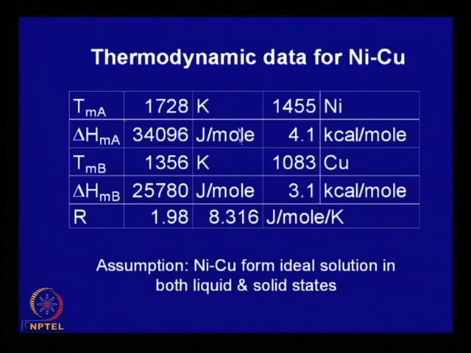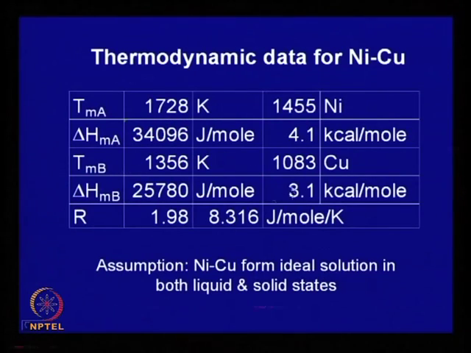Now, we used principles of thermodynamics, because thermodynamics is the basic science which deals with equilibrium, and using certain thermodynamic data, we calculated the phase diagram for an isomorphous system. If we take that example for nickel and chromium, we did it in one of the classes with arbitrary values for A and B, but if you substitute for nickel and copper, then the melting points are known. This is the melting point of nickel, this is the melting point of copper, this is the enthalpy per mole of